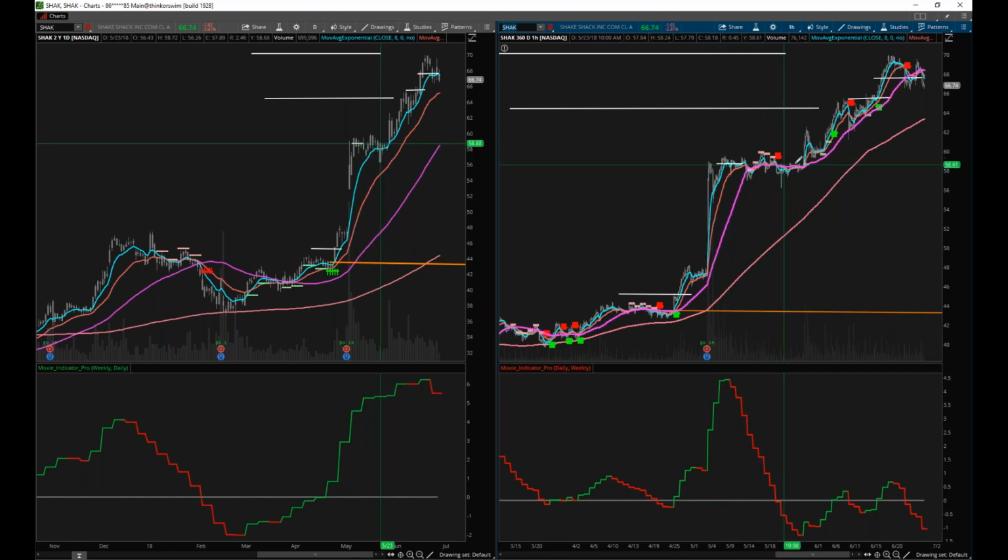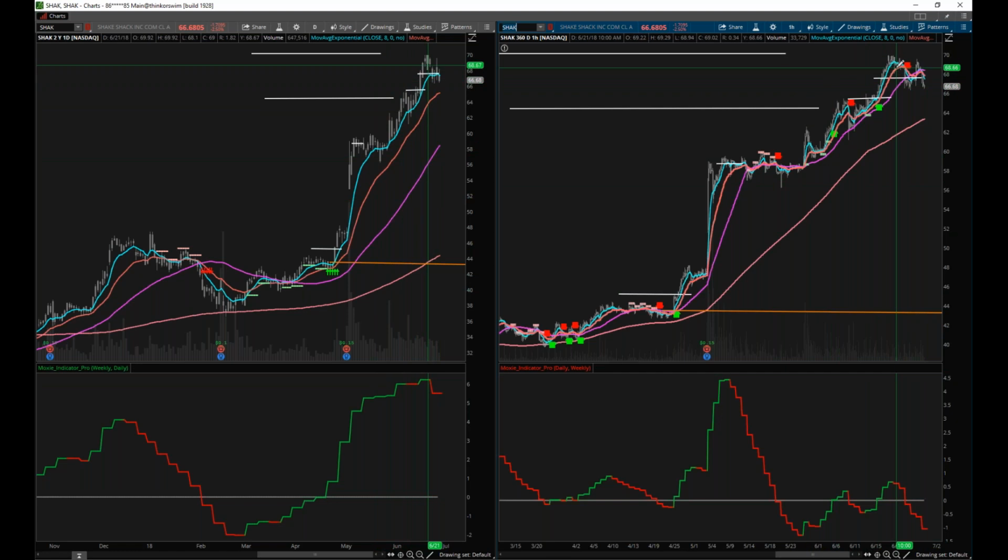And look at this. Once it finally got back in shape, it got over the 50, came back down, and started to ride the 50 up. And now, given that this thing was like a pop and run, it does throw things a little bit off. That's why I was reverting back to the daily chart. Look at the daily chart, just looking stunning. Now, I did take the rest of my position off right here because I gained 53% on this thing, and I thought that was pretty good.